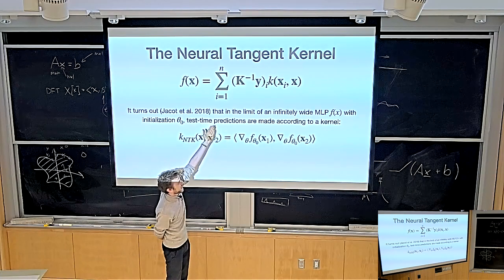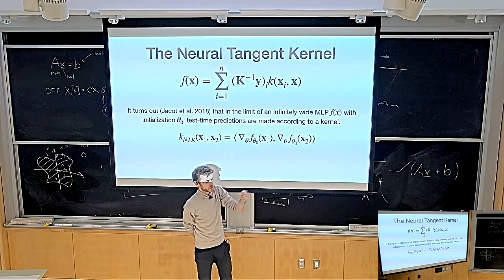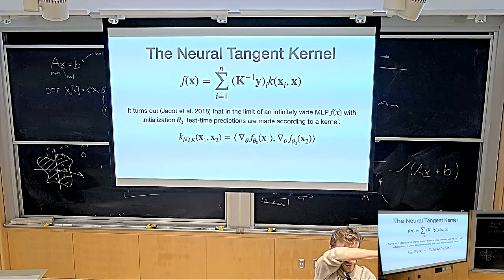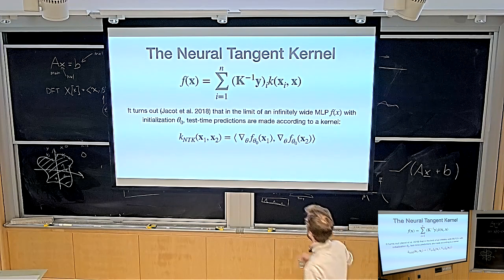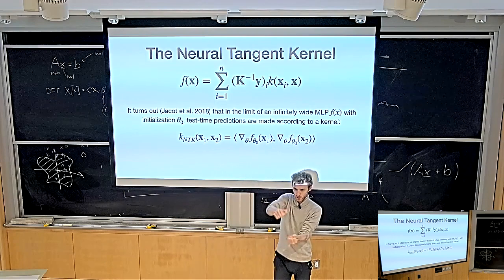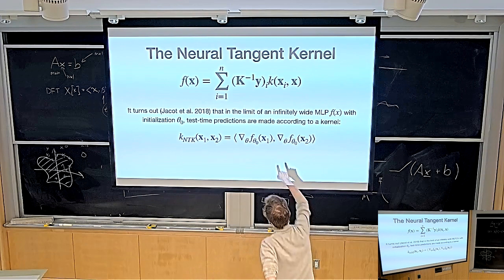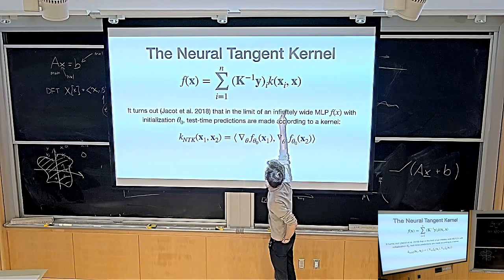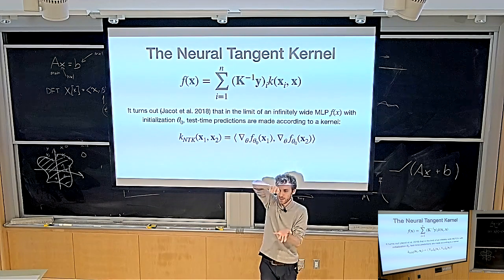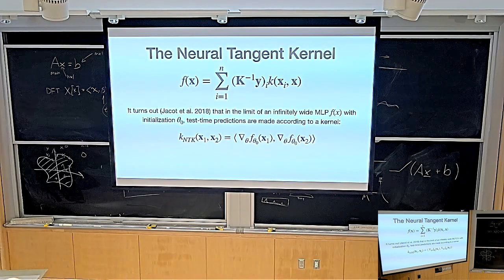The output of the neural network after training can be related to this equation, which basically says you have some kind of kernel function, which tells you the distance of your input coordinate, where you're querying your neural network right now, relative to all of the training points that you trained it on. You iterate through all your training points, and for each one you evaluate this kernel function, which tells you how similar the coordinate that you're querying is to this training point. Then you take this into a kernel matrix. It doesn't really matter. Basically, you end up interpolating the labels of these training points according to that kernel function. And now you might ask, what is this kernel function?